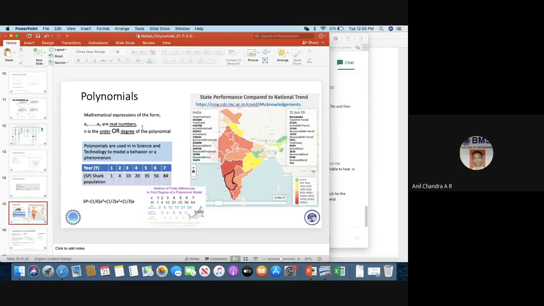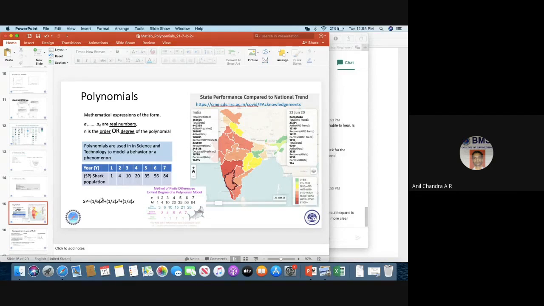In a polynomial, generally we have an expression where we will have the coefficients of the expression. For example, you take this expression. These are constants, right? They are real numbers. I can call them A1, A2, A3, and so on. And these are the variables. That could be time, and you could have